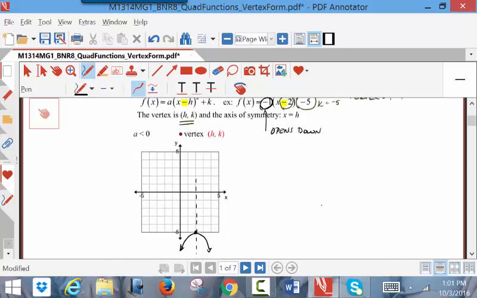So that line they call the axis of symmetry. The axis of symmetry is that line that the parabola would be a mirror image over. Now that line is going to be a vertical line, and if it's a vertical line, the equation of the axis of symmetry,